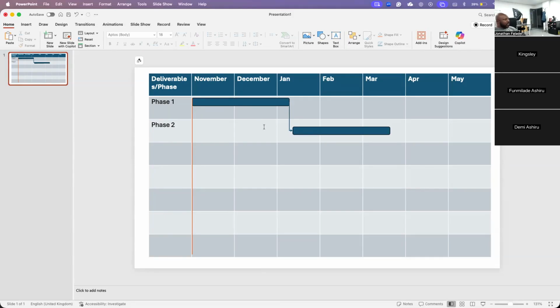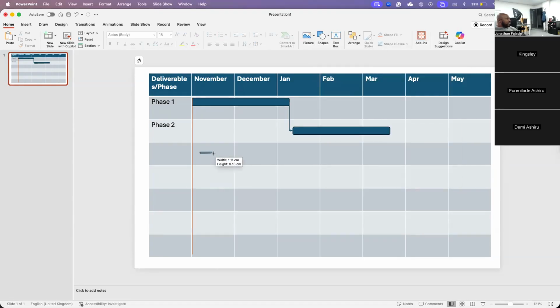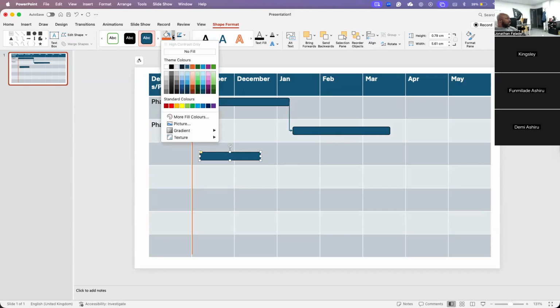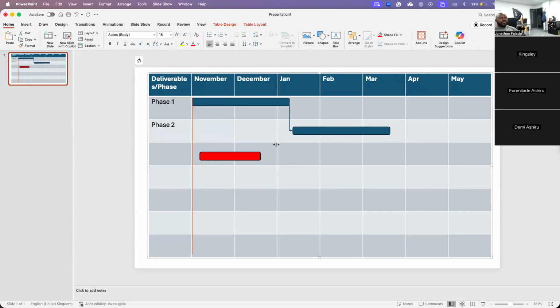Now, assuming I wanted to say, for example, I have an activity which is at risk. I would then use the RAG method. RAG is red, amber, green. So if it's at risk, I can just change the color here and just put it as red. Sorry, you mean like at risk of not being completed in time or at risk of failing? Well, not the project, but let's say an activity or deliverable is at risk. So that means that there's issues going on. So I can then put it in red because I want to draw attention to it, that this activity is at risk.